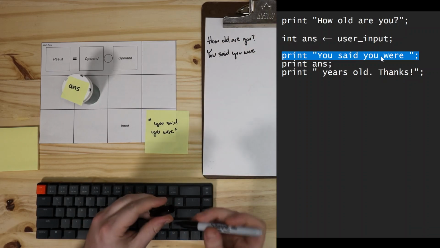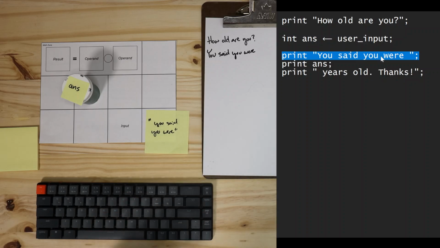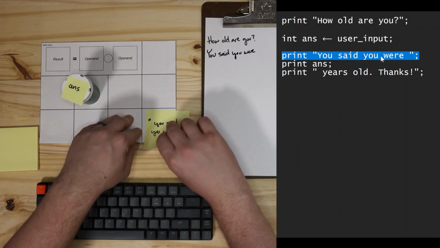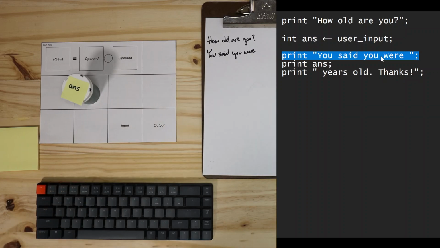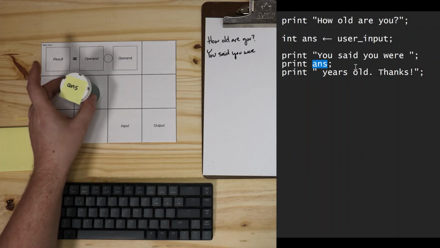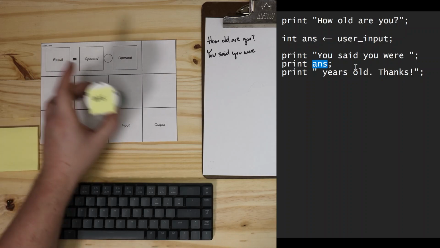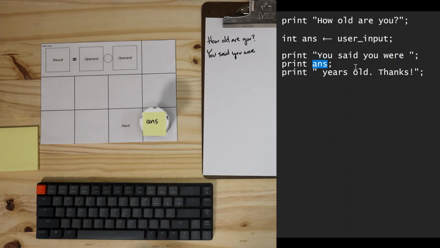on my console. Now, once again, because I'm not using a variable to store this data, the computer is going to immediately forget it. It's out of the system, no recalling, no reusing. I'd have to make a brand new sticky note if I wanted to print that message again. And finally, we're getting to line 4, which is the interesting line. We're going to print the variable value ANS. So I'm going to take my variable, throw it on output, and now in order to figure out what's in